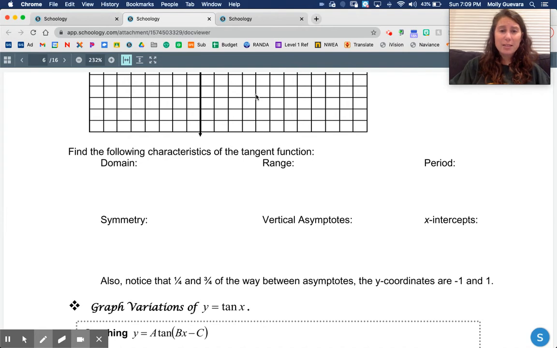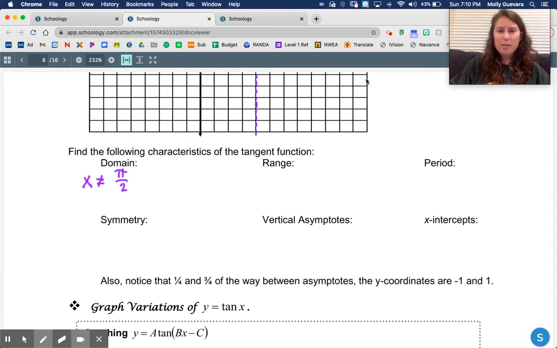Remember that I have these asymptotes. I have an asymptote 1, 2, 3, 4. So my asymptote was at pi over 2, which is here. So that means anytime I have pi over 2, there's no value there, right? So we can say that x cannot be pi over 2,